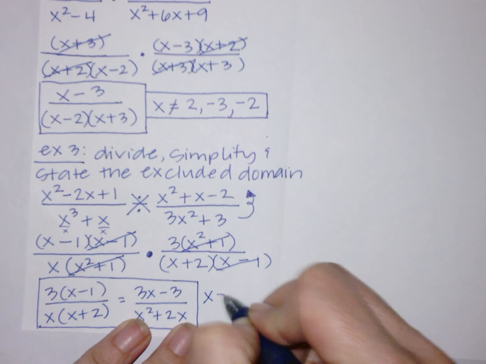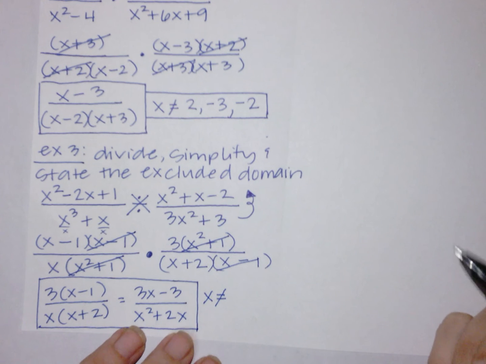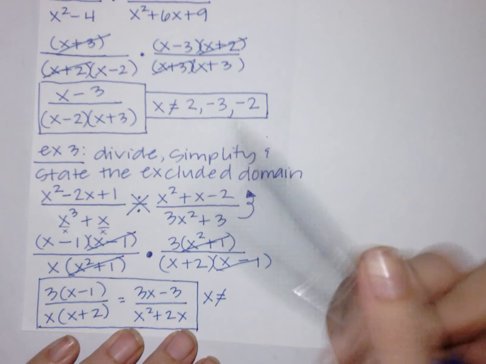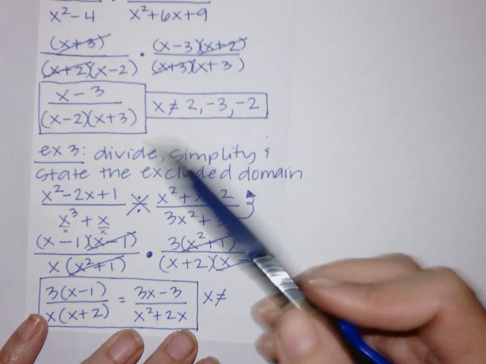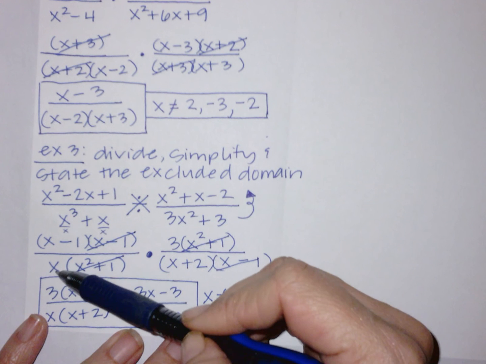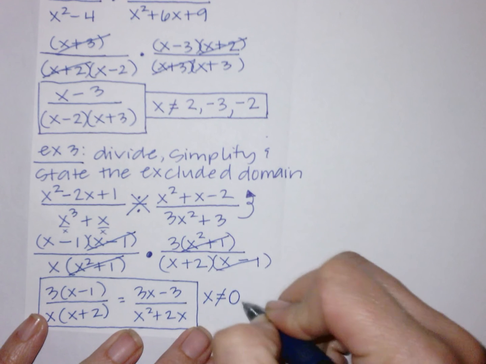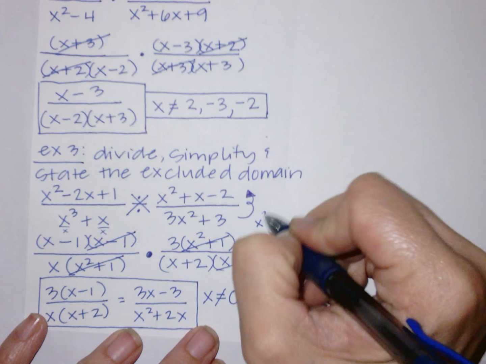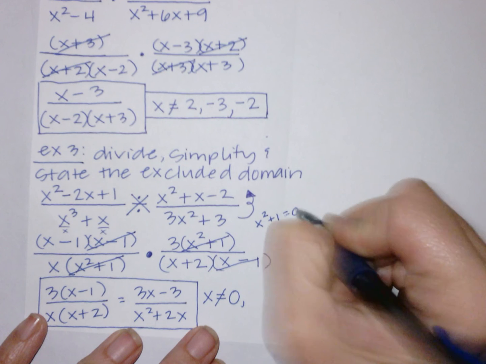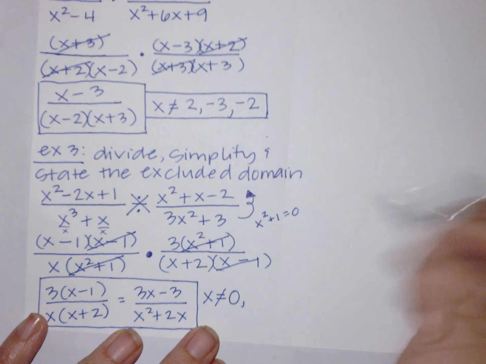Okay, what can't x equal? So we need to go through and figure out what denominator's here. So I like to do it in the factored one. It's easier. So this one right here, x can't equal what? 0. X squared plus 1, you're like, what the heck? X squared plus 1? You can always do this. You can say, okay, what makes that 0? So you can set up math